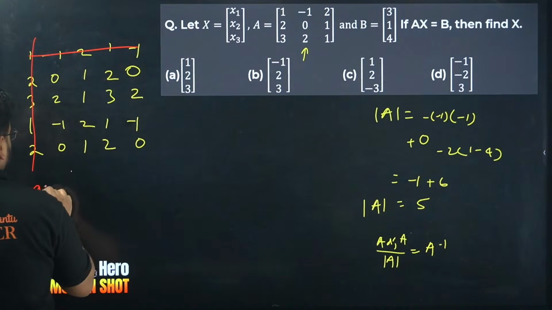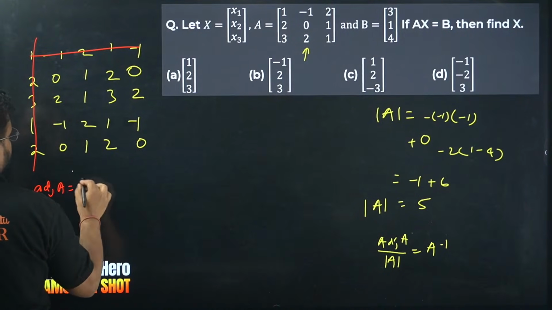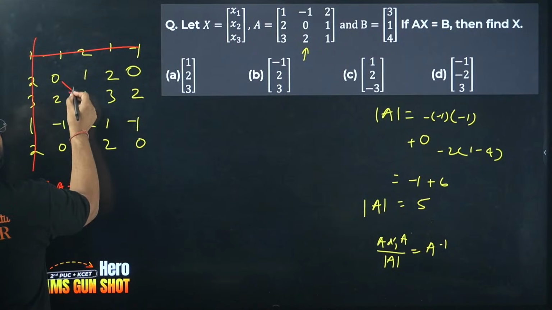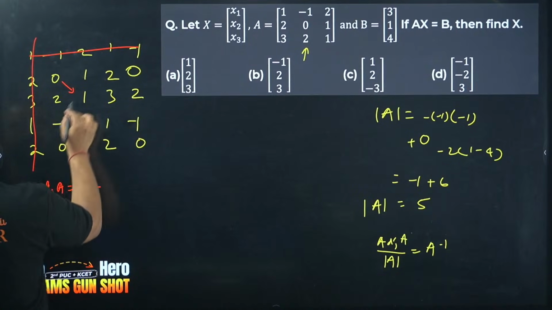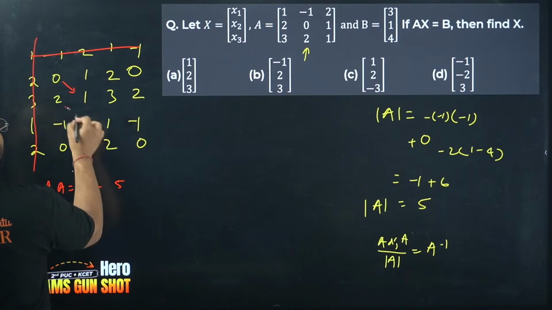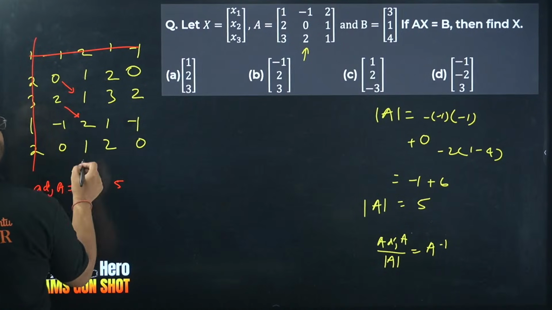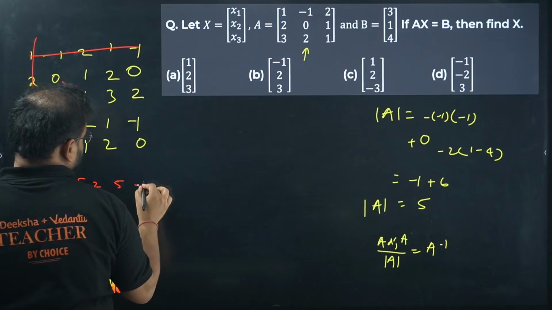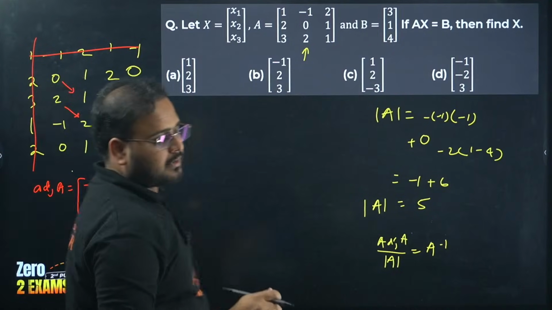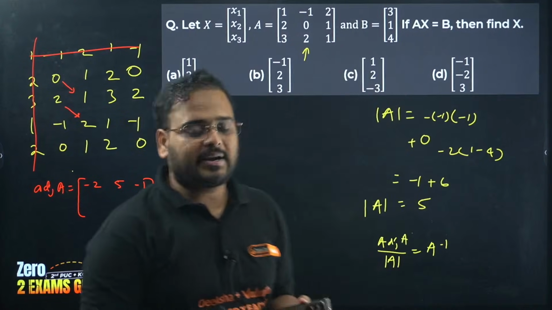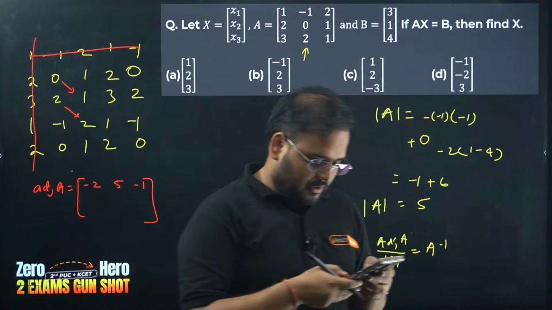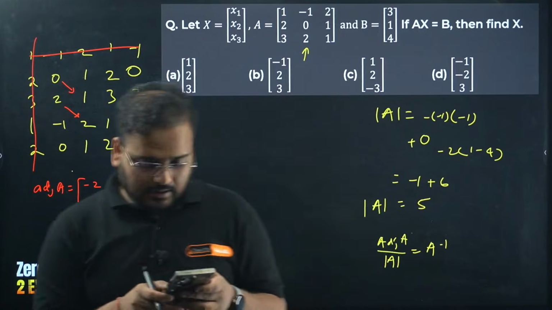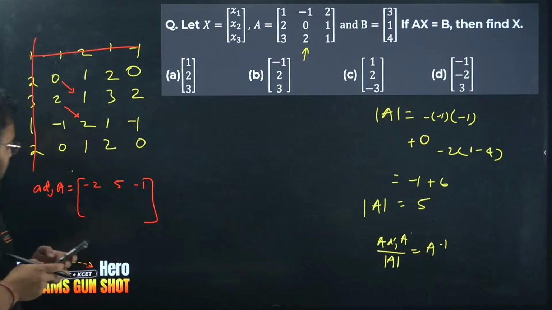Check here. Adjoint of A. Cross multiply, 0 into 1 is 0, minus 2. So first value will be minus 2. We have 2 into 2 is 4, plus 1 will be 5. 4 plus 1 is 5. This is going to be minus 1, and 0, so we'll have simply minus 1. Please check this now. Is the first row correct? Everyone. 5 is correct. Thank you, Nagaraj. Yes, 5 is correct. Is the first row correct? Minus 2, 5 and minus 1.